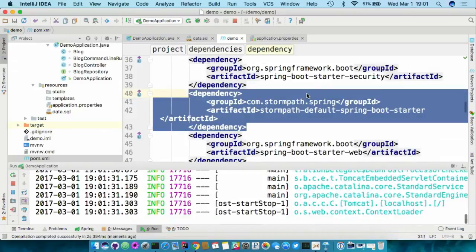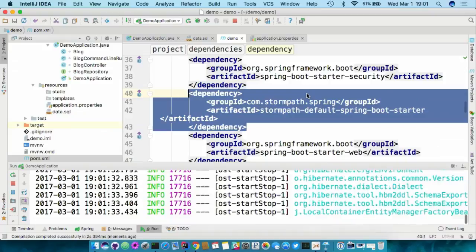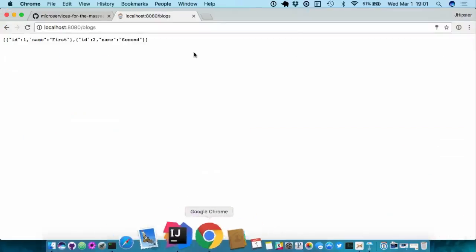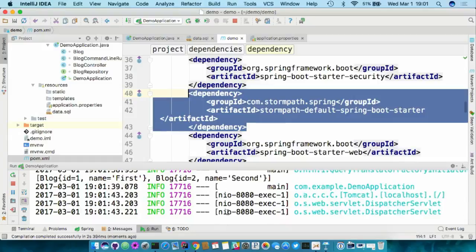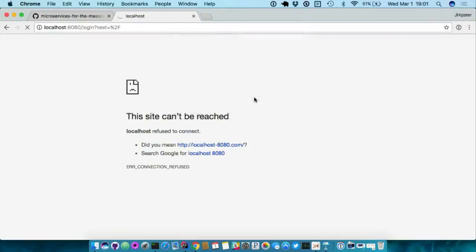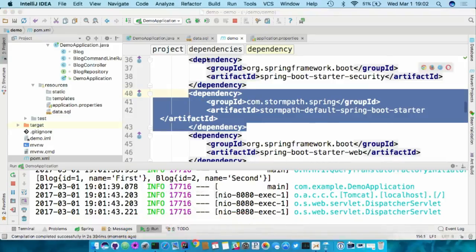So what we do is the same thing as Spring Security. We lock down everything by default. So if you were to go to localhost 8080 blogs, then it wouldn't work. No, it's going to work. Come on. The one thing that we have noticed, we've been told by the Spring guys, is we do initialize kind of late in the game versus early in the game. So it does have to go out to Stormpath and gather everything up and figure out what your application is. Okay, so we still have basic authentication. Close your browser, reopen it.